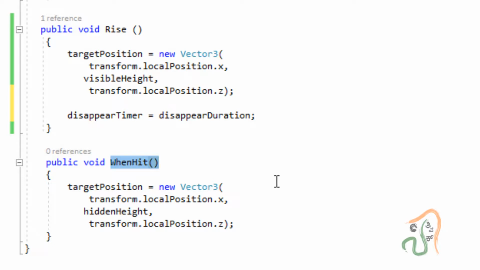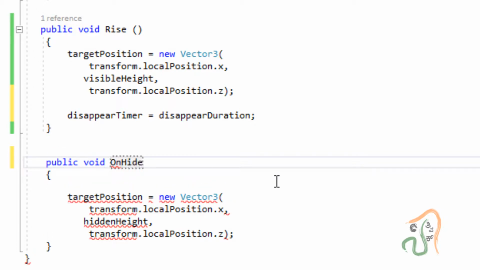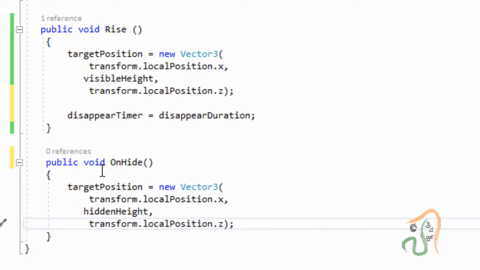Now instead of when hit here, let us type a method name, capital O, n, capital H, on height, open close bracket. So we renamed this method as on height.